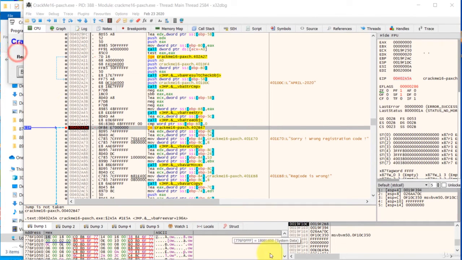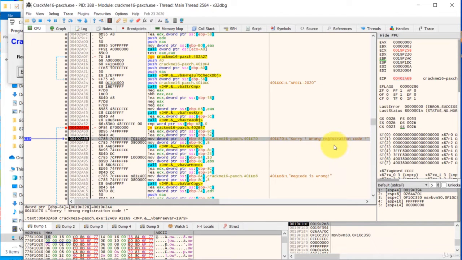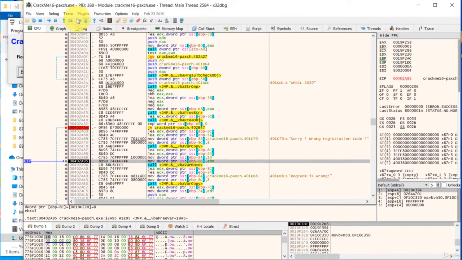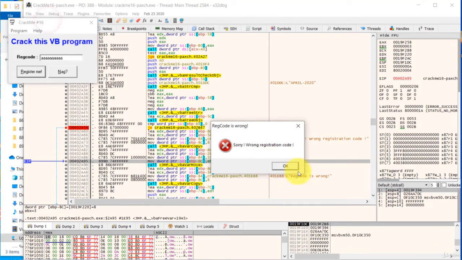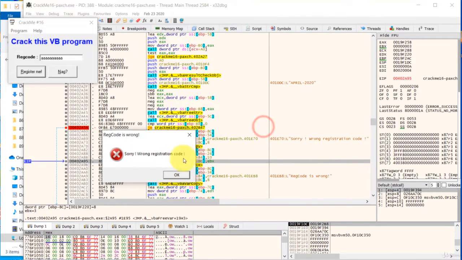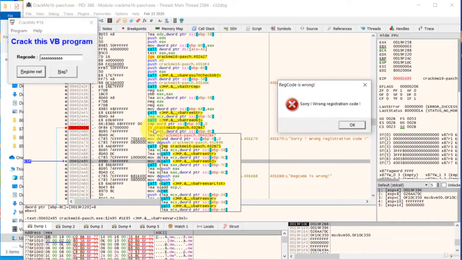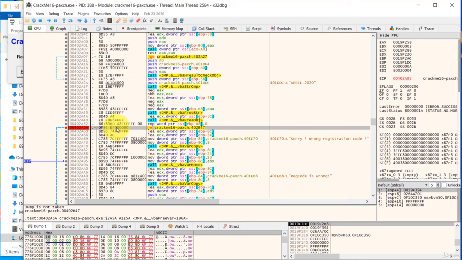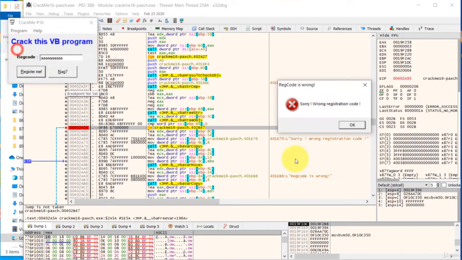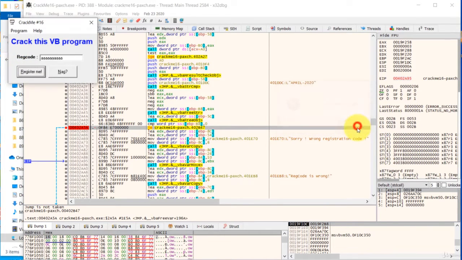So if we go ahead and run it now, it's not going to jump. If you press F8, it's going to load the bad message. And if you run it all the way, we see the bad string coming from here. Right? So now we know that this is the important part. Alright, so if we look further up,